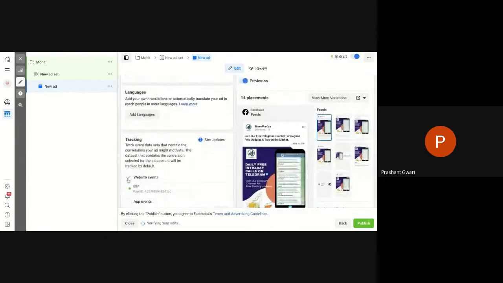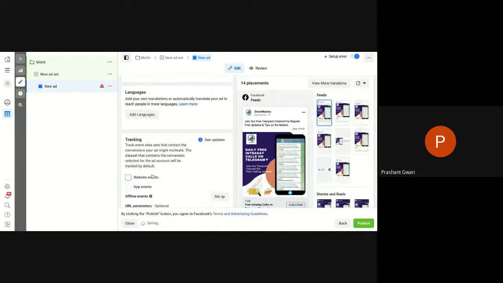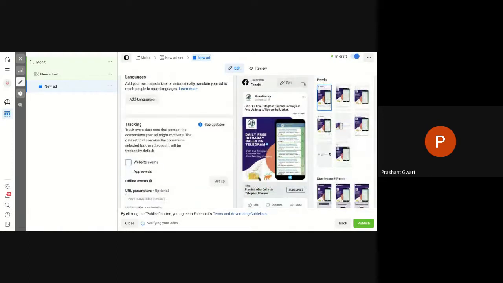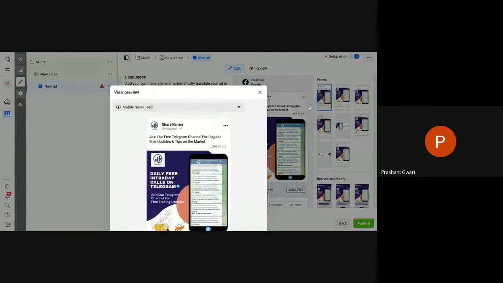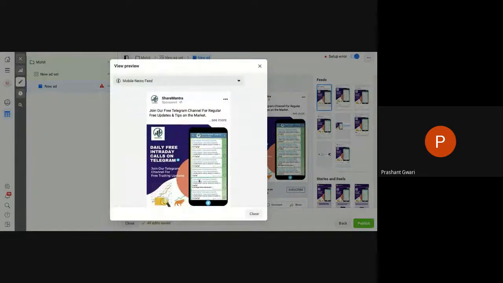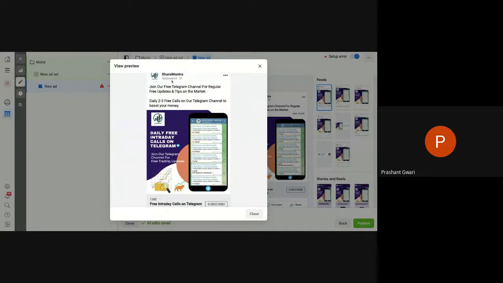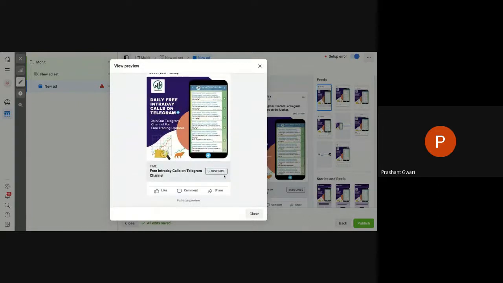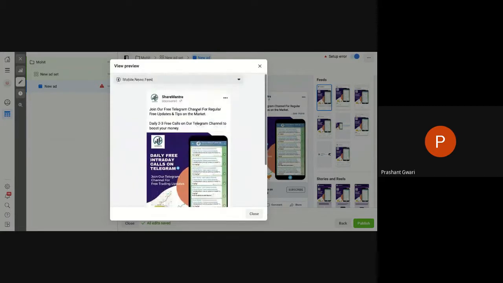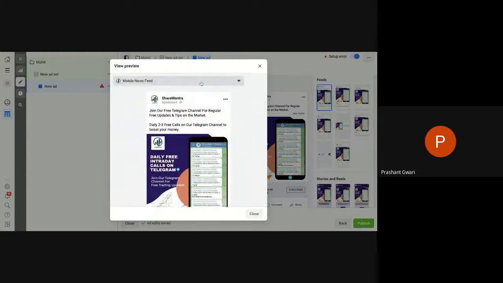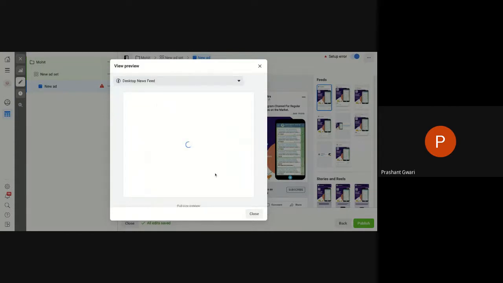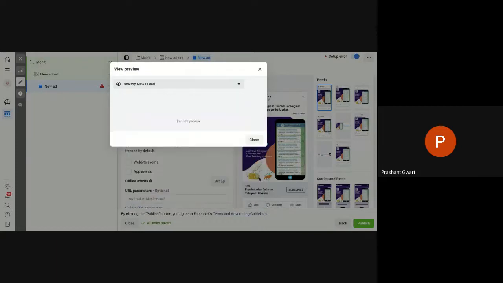And now I will see the preview of the advertisement by clicking here on this preview option like this and click here on the expand option. Now that is how my advertisement will appear on the Facebook news feed. It will look like a caption here, image here, sponsored here, headline here in bold, and a call to action button here. So that's how the advertisement will appear to someone who has interest in share market on the Facebook news feed. How it will appear on Facebook desktop feed: earlier was the laptop version. On the desktop version, it will look like this.